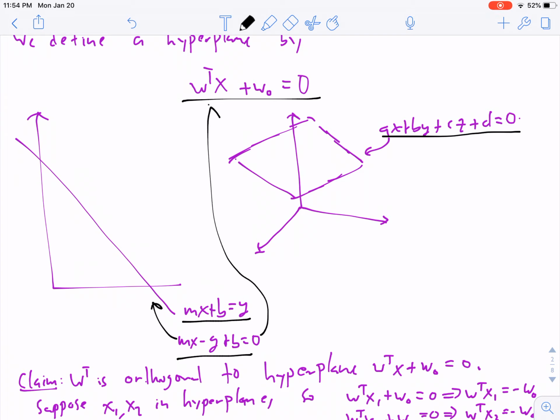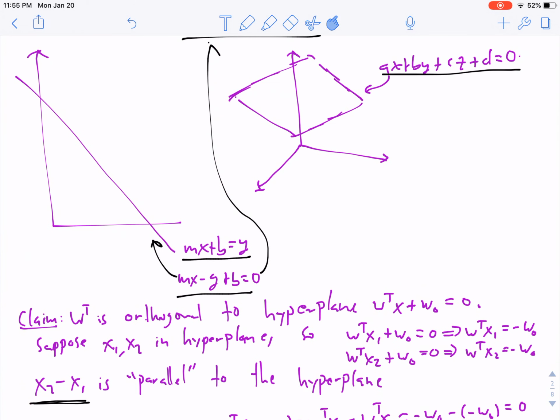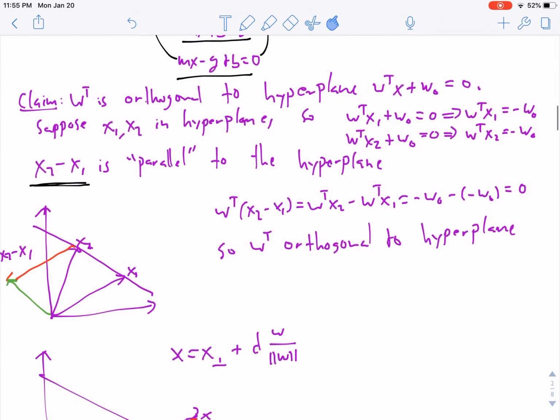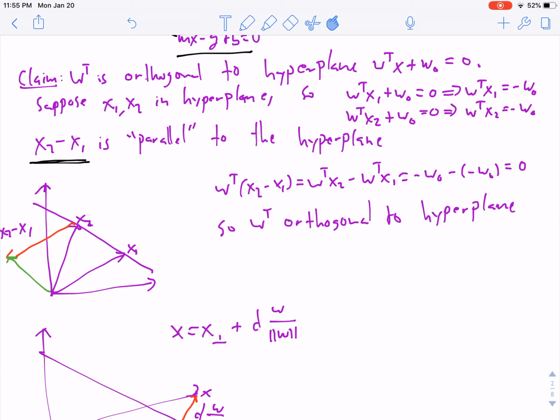Great. So now we figured out what our decision boundary looks like, and now we're going to try and figure out how far each point is from the decision boundary. And in particular, we're going to want the orthogonal distance. If we have a point like this, we don't want this distance from the hyperplane. We want the orthogonal distance from the hyperplane. So I'm going to prove a quick claim, and then I'm going to use that to derive how far each point is from the